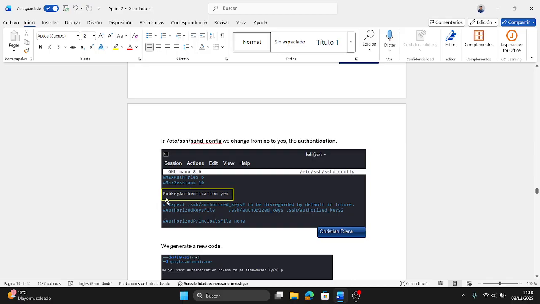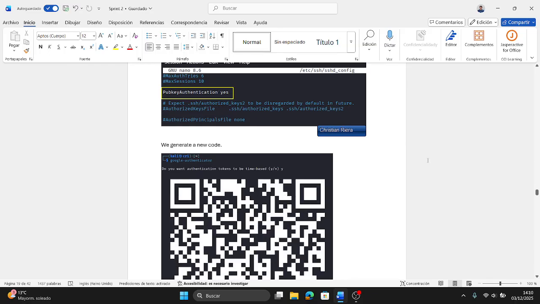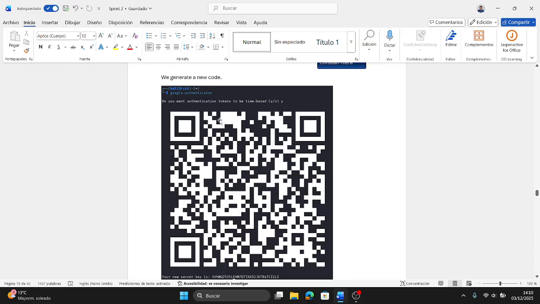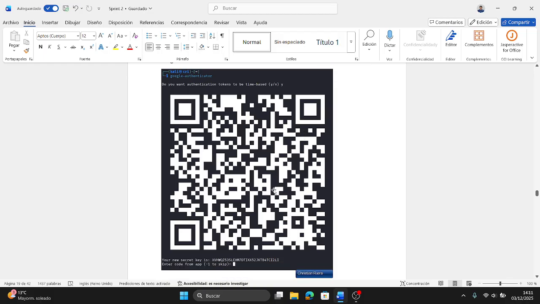If we are using the same Kali machine, we have this line, the public key authentication as yes, but if we don't have it, we change the no to yes. Now we generate a QR code with Google Authenticator to link the mobile phone.